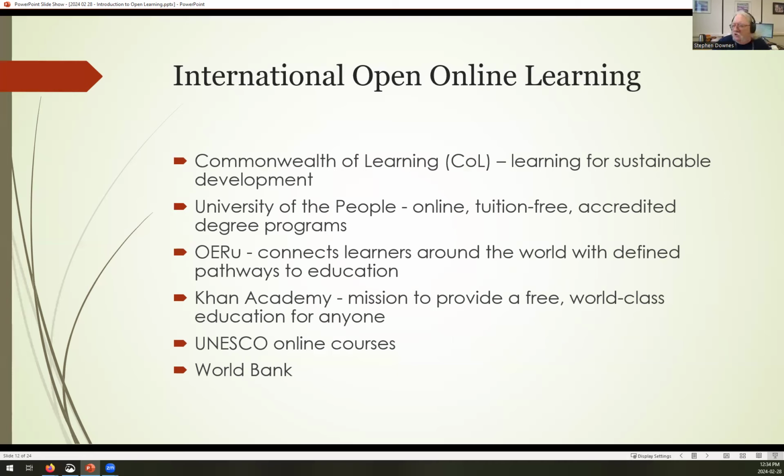Internationally, Commonwealth of Learning has done a lot of work. If you download these slides, by the way, later on, you'll find links to these resources in the notes. University of the People, basically providing online tuition-free accredited courses. OER University, largely out of New Zealand, although with worldwide support, including many people in Canada. Very good program, very good people working with them. They've done a lot of interesting work, especially in terms of open educational software.